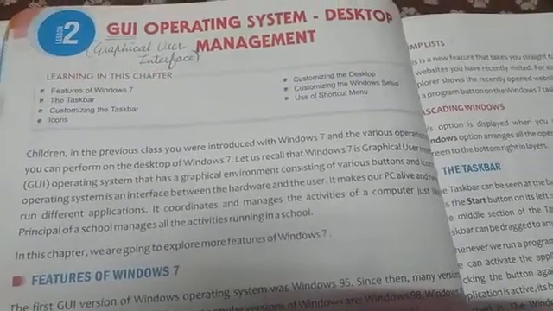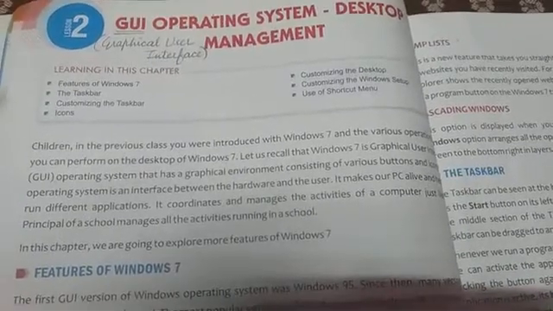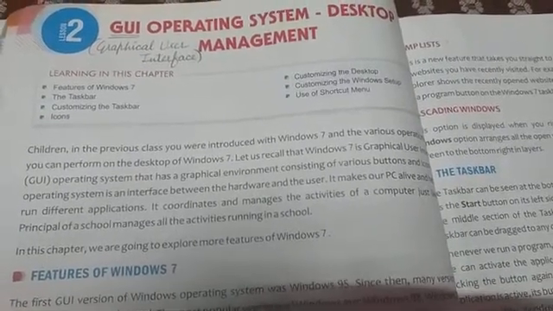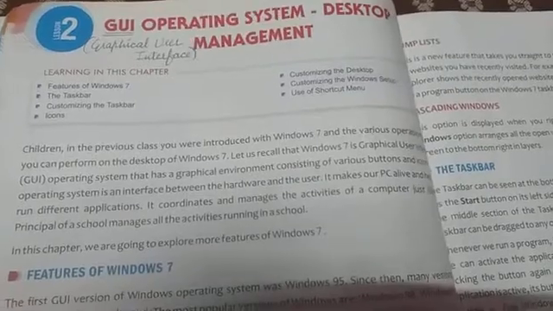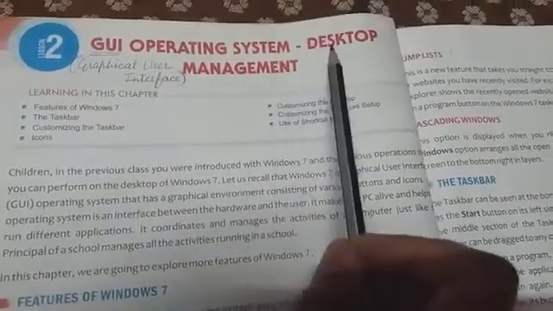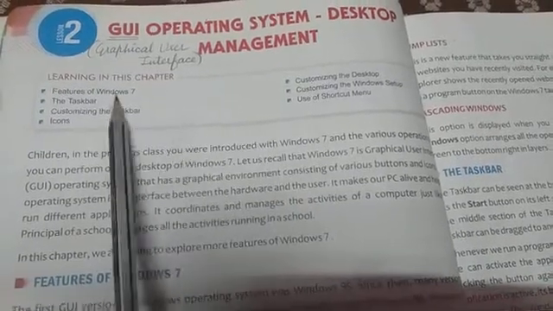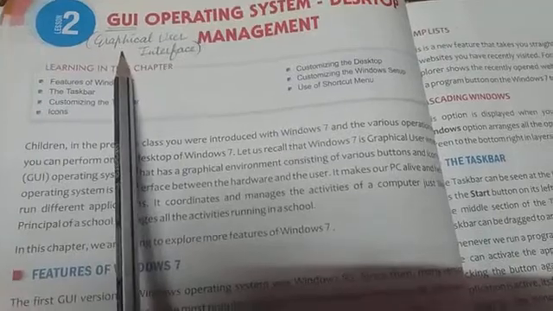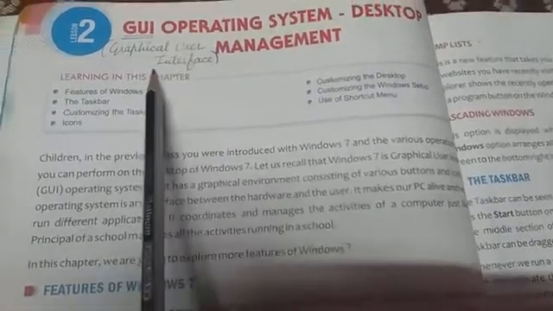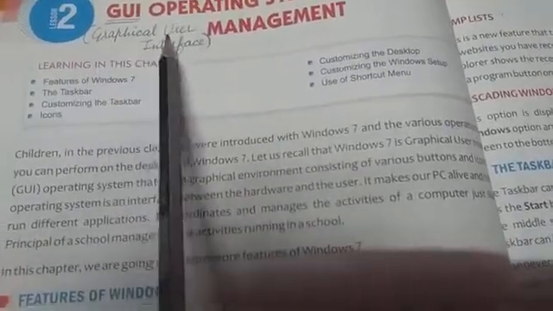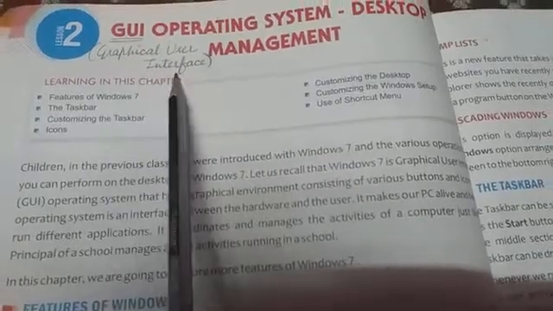So class 4th, in the previous video, we have done our lesson number 1st, and today we are going to start our next lesson, that is GUI operating system desktop management. So here, what is GUI? GUI stands for graphical user interface.